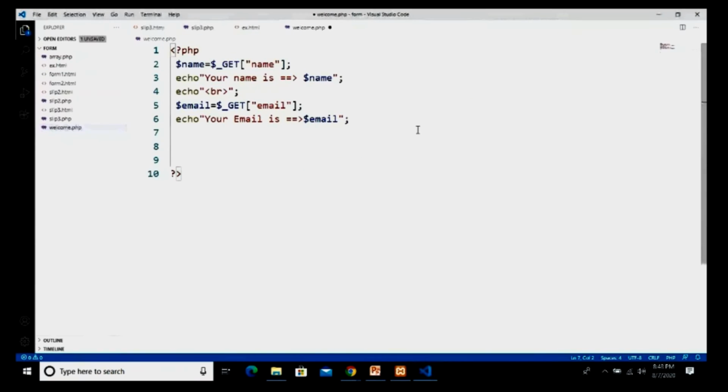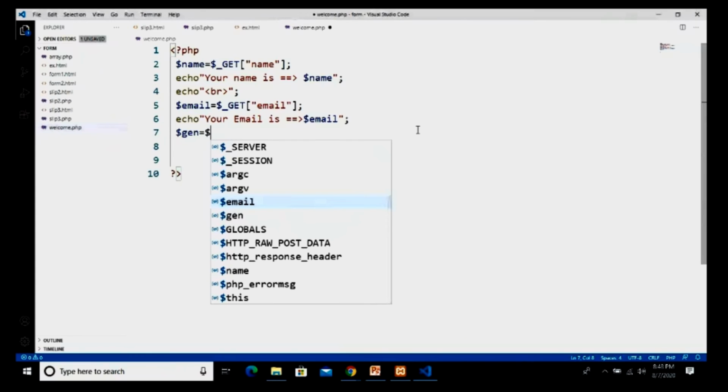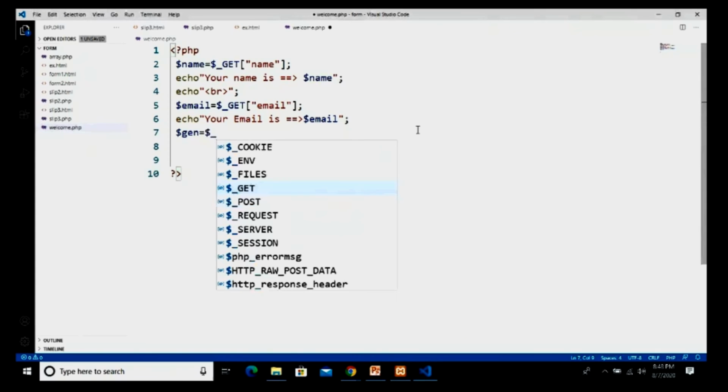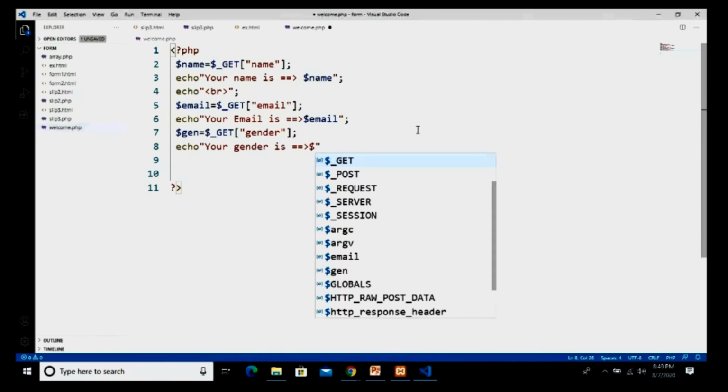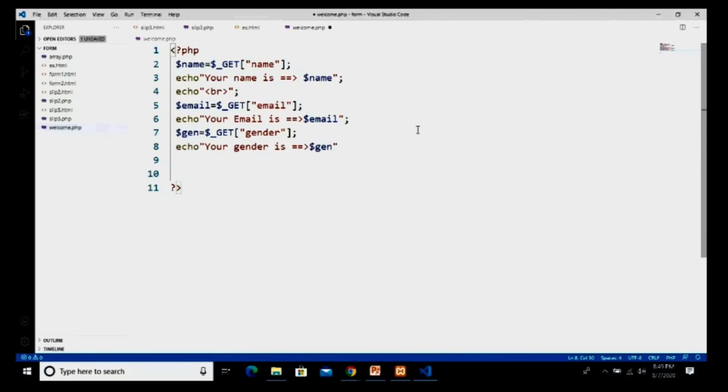I take a variable, for example, $gen. Again, we have to take the $_GET method, and in this we have taken the name as gender, ending with a semicolon. In echo, I will just type: your gender is $gen, ending with a semicolon.